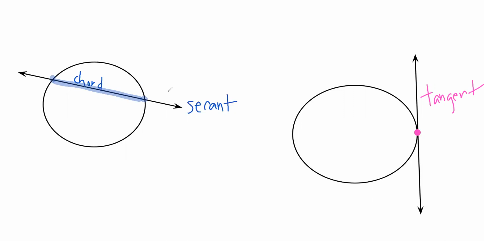So you really have to understand the difference between secant and tangent, right? And these, secant and tangent, are also trig functions that you're going to be learning down the road. So I understand it's a little abstract right now, but just understand the secant touches at 2 points and the tangent touches at 1, okay? And this pink dot right here, that's your point of tangency. And a tangent is always perpendicular to the radius of the circle. So that's super important to write down, that a tangent is always